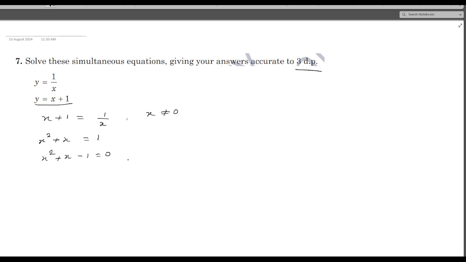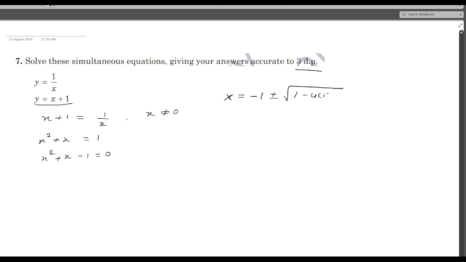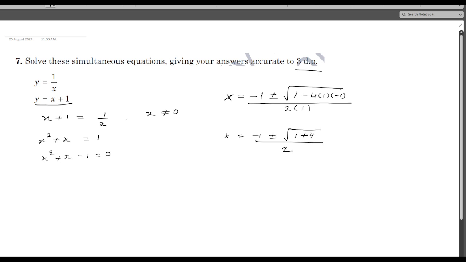This cannot be solved using factorization. So let us use the formula method. I will say that x is equal to minus b, which is minus 1, plus or minus root of b square. B square is minus 1 square is 1, minus 4, a is 1, c is minus 1, whole divided by 2 times 1. So x is equal to minus 1 plus or minus root of 1 plus 4 whole divided by 2. So this gives you the value of x as